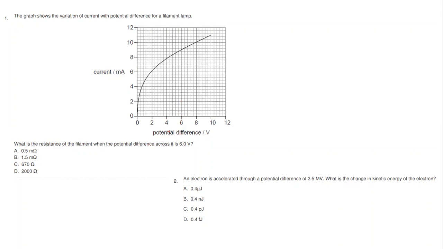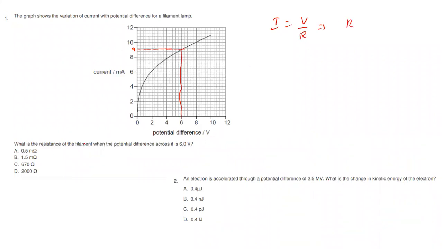What you do is, this is your potential difference V. Draw a vertical line here. It intersects the curve here, and corresponding to it, find out what the current is. This is 10, this is 8, and this lies somewhere in between, midway. So this should be 9. Now, we know that current I is nothing but V by R, which means